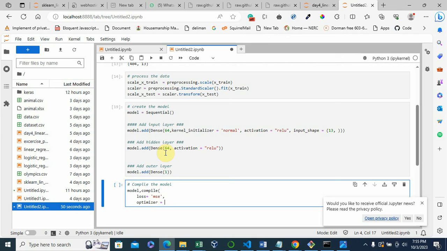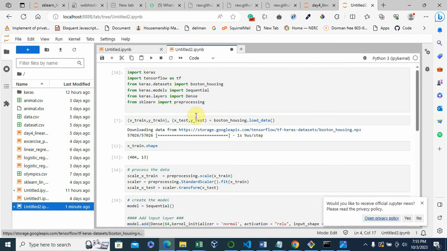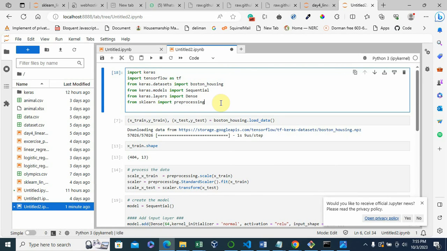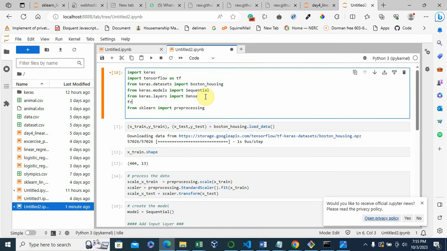So we have to bring all this in, the loss function and the RMSprop function to be used. So let's go back and bring them in first before we start getting errors. So I'm going to import from keras.optimizers.